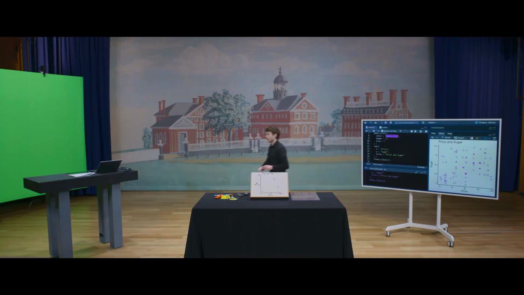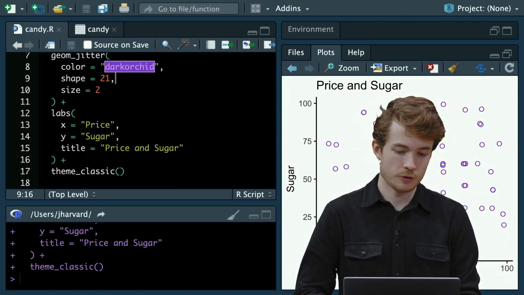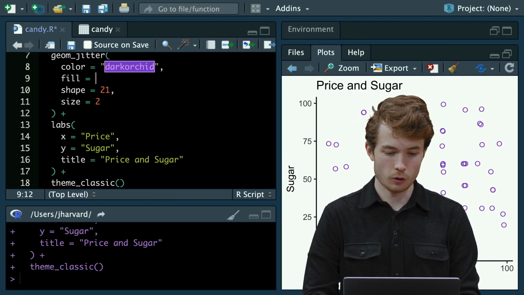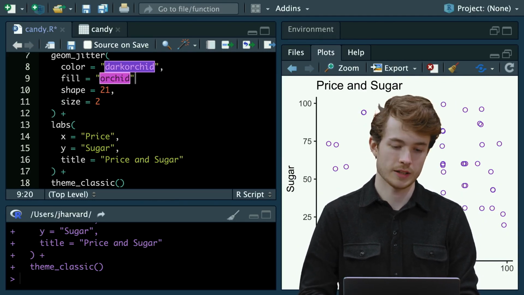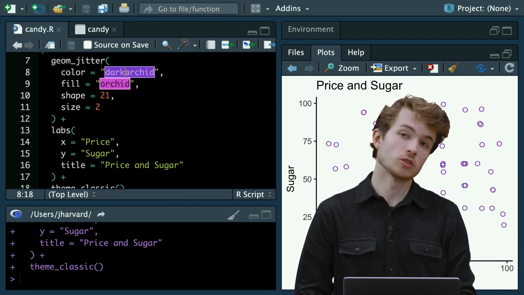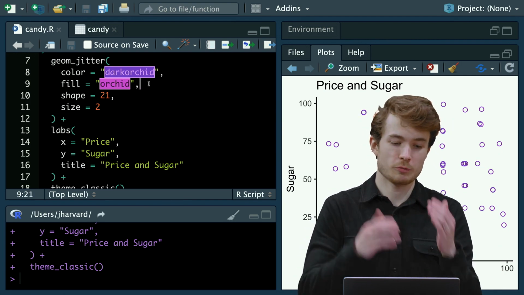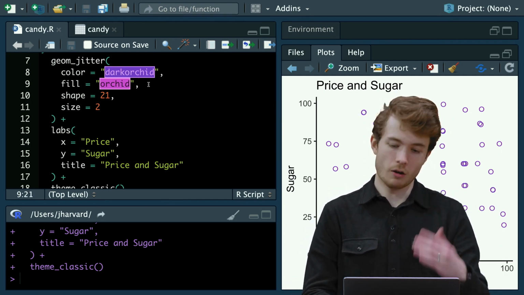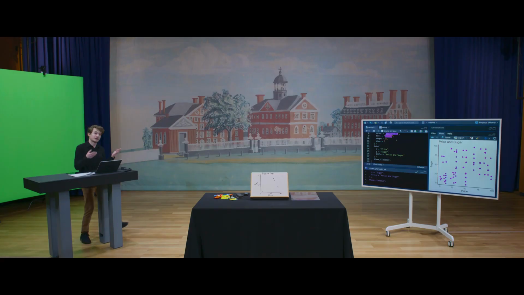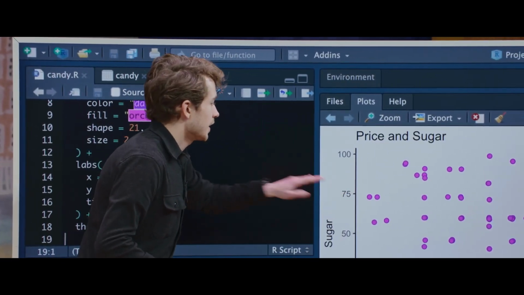I'll come back to RStudio, and let me change the fill aesthetic to be a color that I found in R's manual called just regular old orchid, like this. So my color, my border of these dots will be dark orchid, and their fill, the color on the inside of them, will be this kind of pinkish purplish color called orchid. I'll go ahead and rebuild this plot, and now I'll see some kind of two-tone dots. I see here that I have that ring around them in dark orchid, and in the middle I see that color orchid